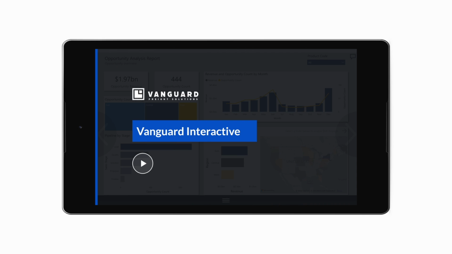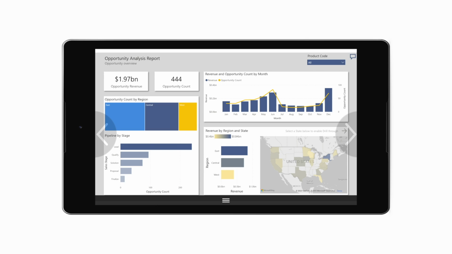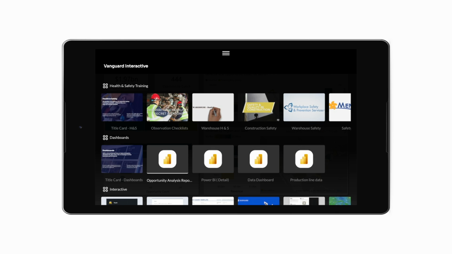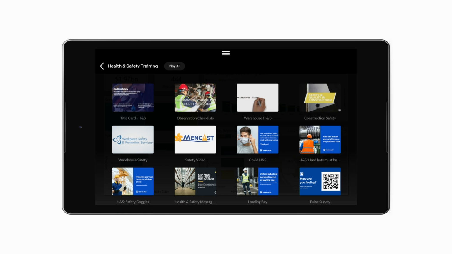Now let's go to your touch-enabled device. Start by tapping the play button. The menu bar at the bottom will appear. Tap the three lines menu icon, and the menu will appear listing all the playlists from the channel. You can select the playlist name, and it will show the playlist content in a grid view.